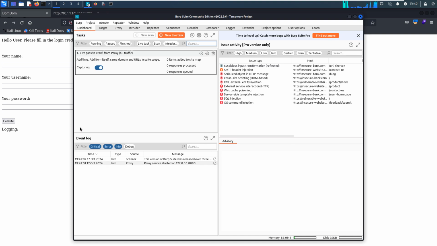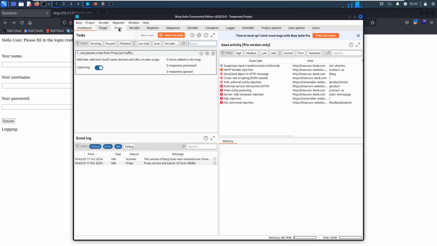Of course, if you want, you can test this page to see whether it is vulnerable to SQL injection. However, we cannot find anything important, so it is not vulnerable at all.